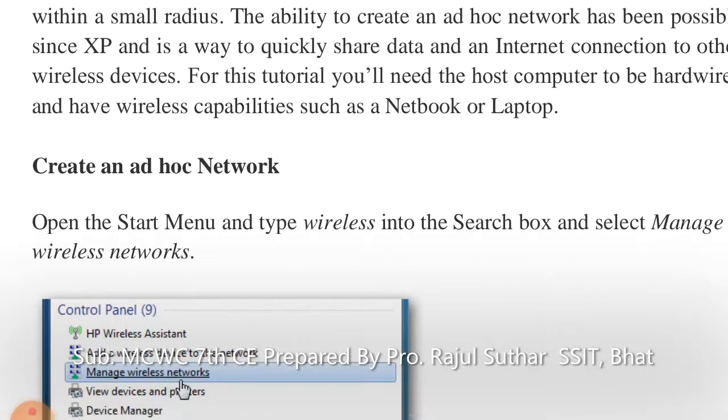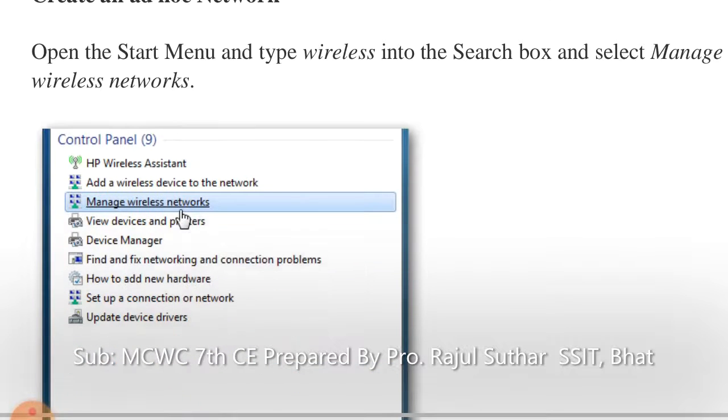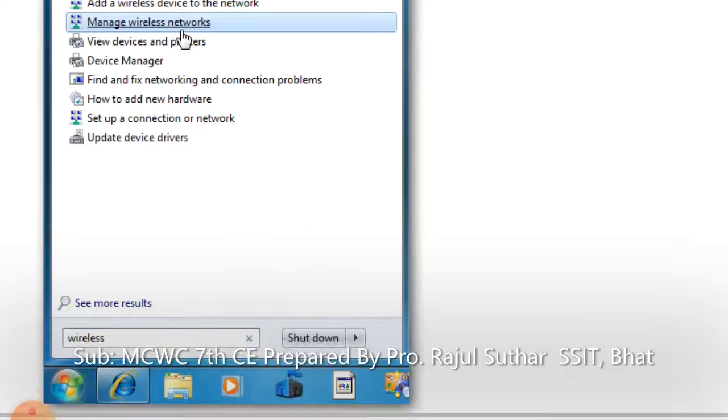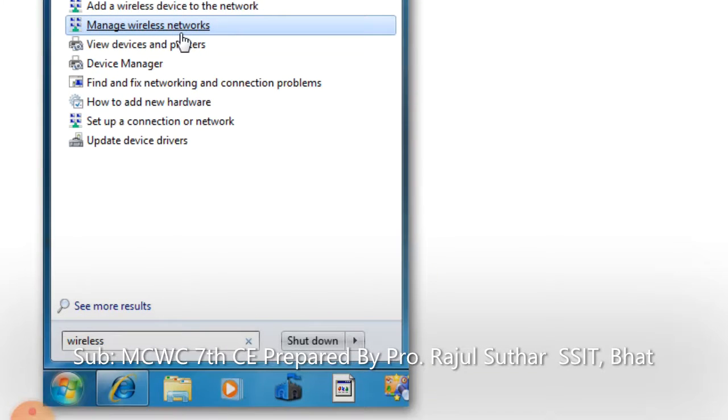Click on the start menu and type wireless into the search box. You can see this type of figure. Click on manage wireless networks by clicking on the start button, search button.